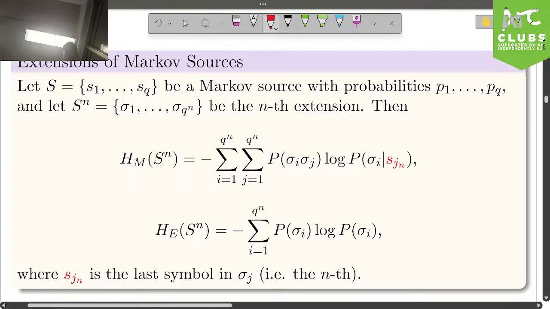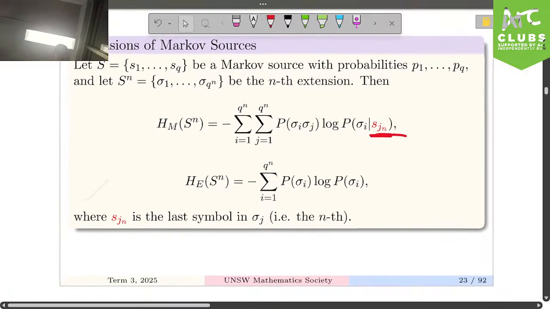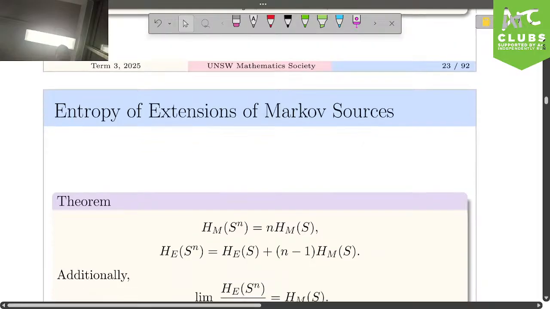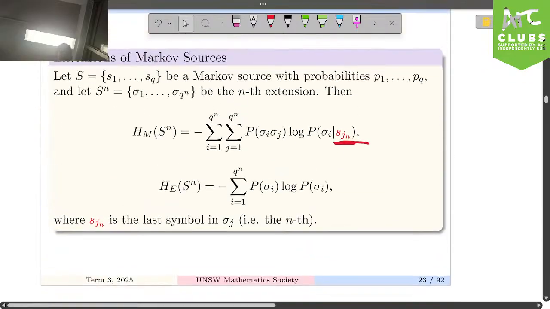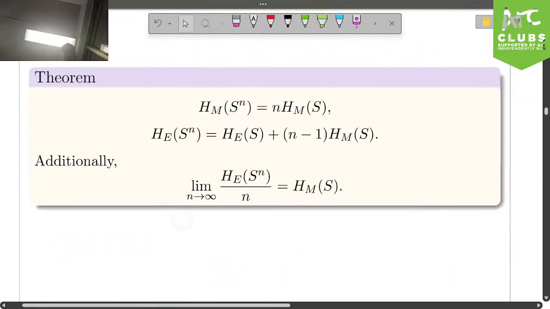Okay. Right. So this is denoting the last source symbol within this. You can think of this as a word. The last source symbol in that word would be SJN, because that's what the next one is going to be dependent on, as in it doesn't really matter too much what the starting source symbols in sigma j are, just the last one, because that's what's important in the transition. So if you're a bit unsure about that, I'm sure there are examples in the slides going through computations of that. You should have seen it maybe in your test, but we don't have too much time to go into that more.